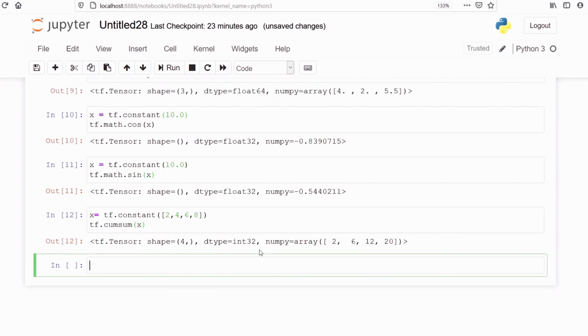Now how this is working is, the first one is 2, then 2 plus 4, 6, 6 plus 6, 12, 12 plus 8, 20. It is giving us the cumulative total of each element. We can also do cumulative sum column wise. In that case, we just have to pass the parameter axis equal to 0.